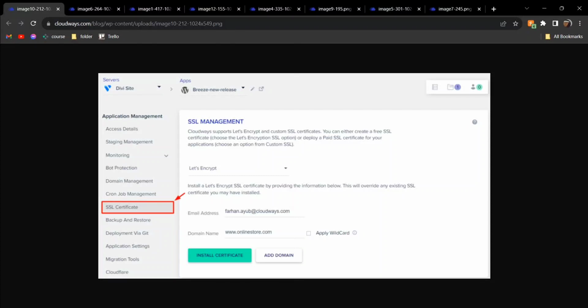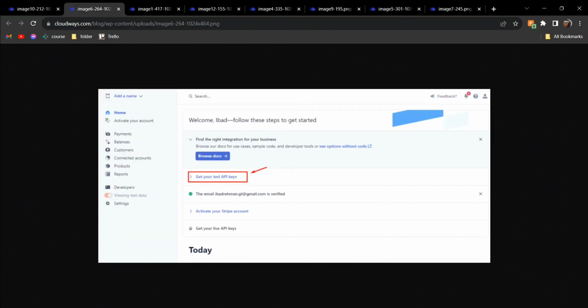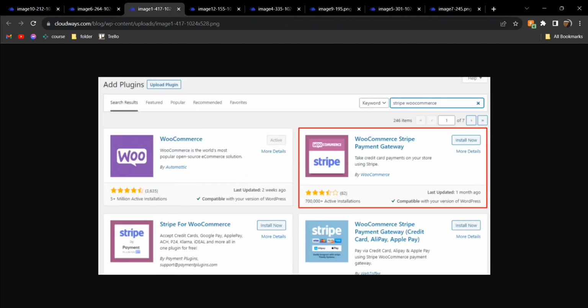Hey guys, today I'm going to tell you how to integrate Stripe payment gateway in WooCommerce, and this is actually very easy. At first, you have to make sure that you have your SSL certificate set up in your WordPress. After that, we're going to go into Stripe and get your test API keys, and then from there